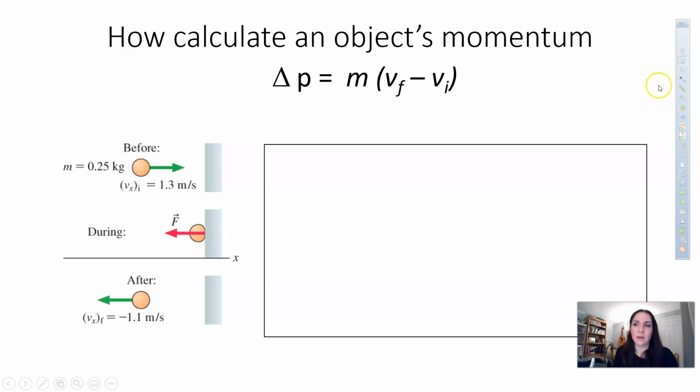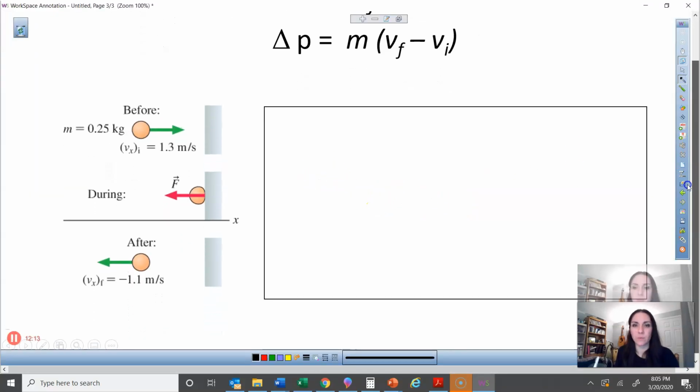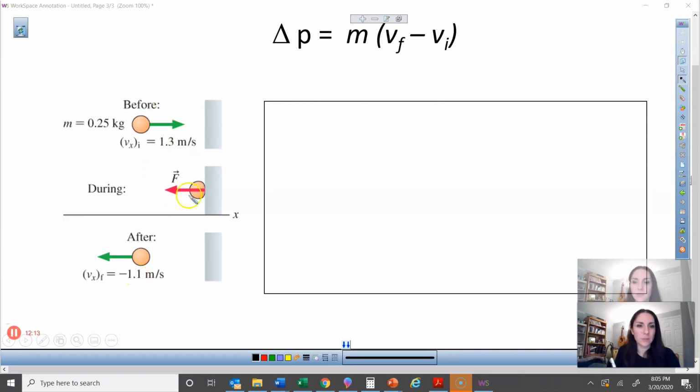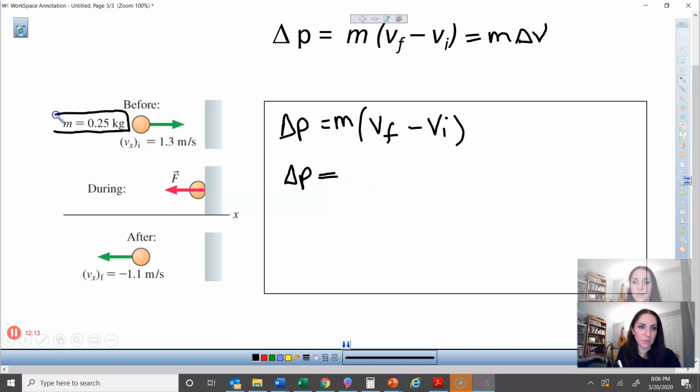So we can calculate an object's momentum. It's actually pretty straightforward, but I'll walk you through it anyway. So here's our example, right? So the change in momentum is equal to mass times the velocity final minus the velocity initial. Notice that this is the same as writing delta v because delta means change, right? Final minus initial. So in this case here, I have delta p is going to be equal to the mass of the object, which is this right here,